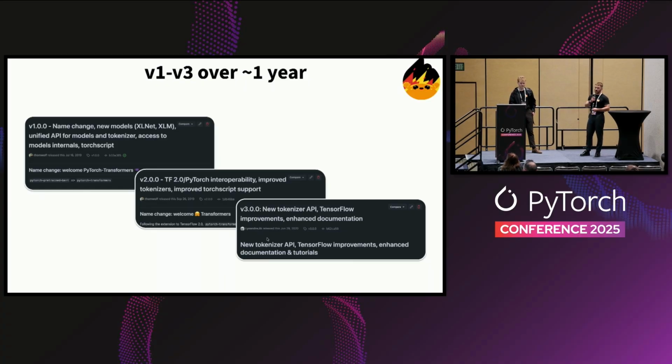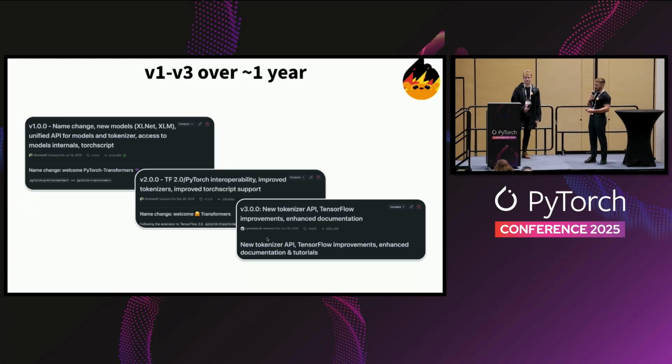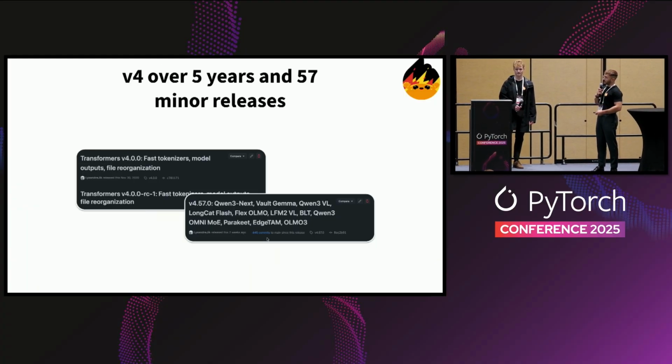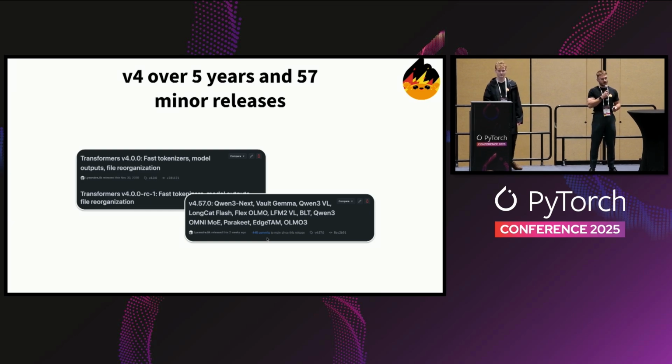So for example, V1 is when we started introducing more models to the library. Before that, there was only BERT, so it was called PyTorch pre-trained BERT. V1 introduced the change towards PyTorch transformers. V2 was when we introduced TensorFlow and JAX to the toolkit. And so from PyTorch transformers, it became transformers. And finally, V3 is when we started introducing new APIs that required a few breaking changes compared to the previous versions, which therefore prompted a major version. The same was true for V4, where we introduced Rust-based tokenizers, and we put those as the default going forward.